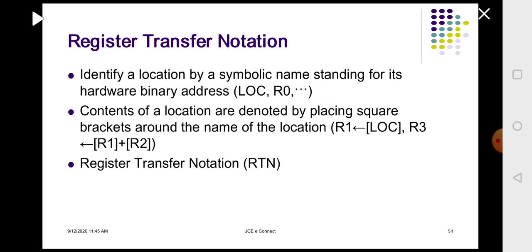You need to remember that the contents of the destination will be changed after the execution of this instruction. The contents of R1 and R2 will remain as they are. I said R1 is 04, R2 is 03. After the execution of the instruction, they will hold the same data. Only the data in R3 will be overwritten.